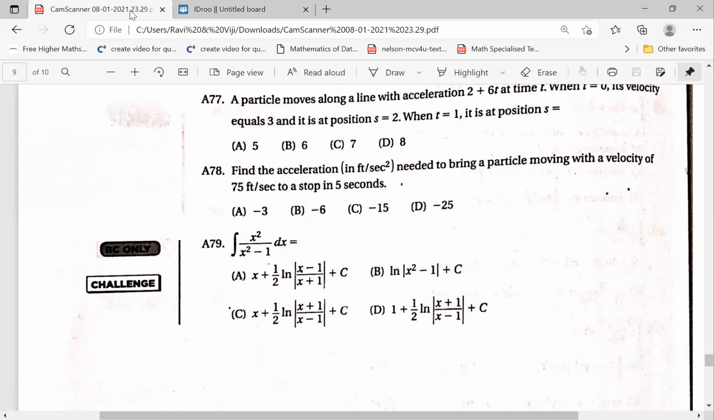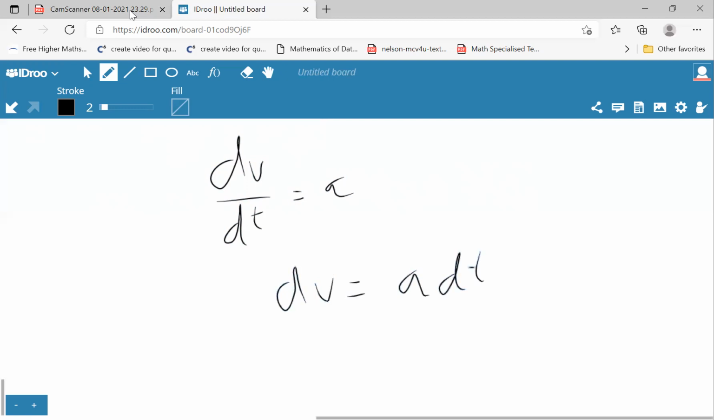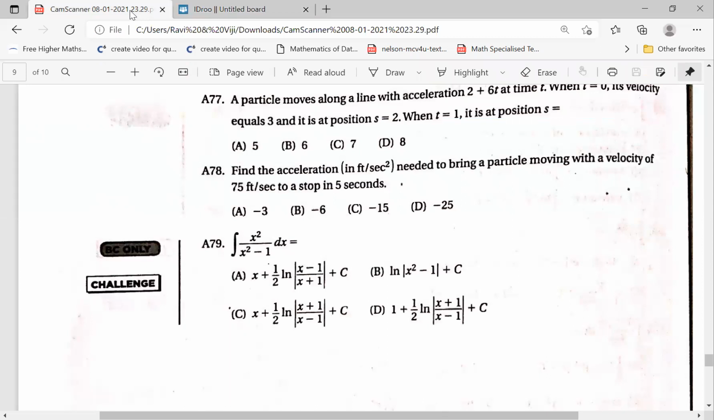Find the acceleration needed to bring a particle moving with a velocity of 75 feet per second to a stop in 5 seconds. This can be actually done without calculus also, but using calculus to solve this problem, what we can do is, we know that dv by dt is equal to a, or dv is equal to a dt. Integrating on both sides, we get v is equal to at plus c. So he says v is equal to 75 when